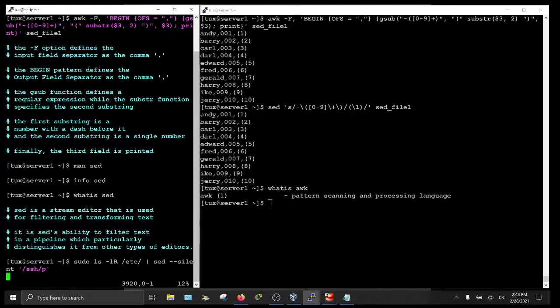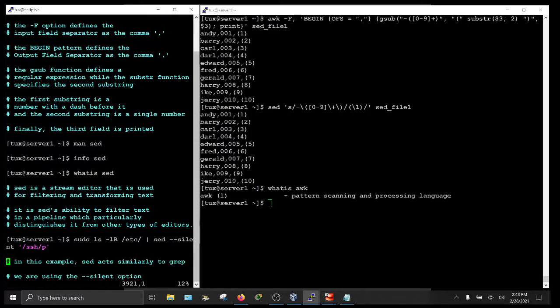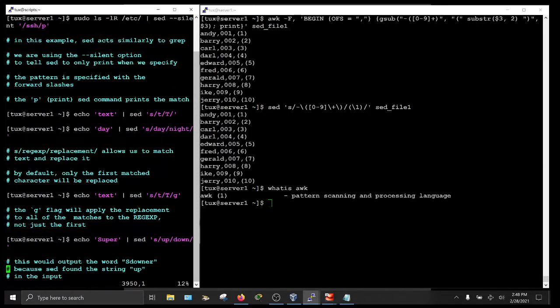So sed is a stream editor that is used for filtering and transforming text, but it is sed's ability to filter text in a pipeline which particularly distinguishes it from other types of editors. Let me move on with the tutorial. I'm going to clear the screen,